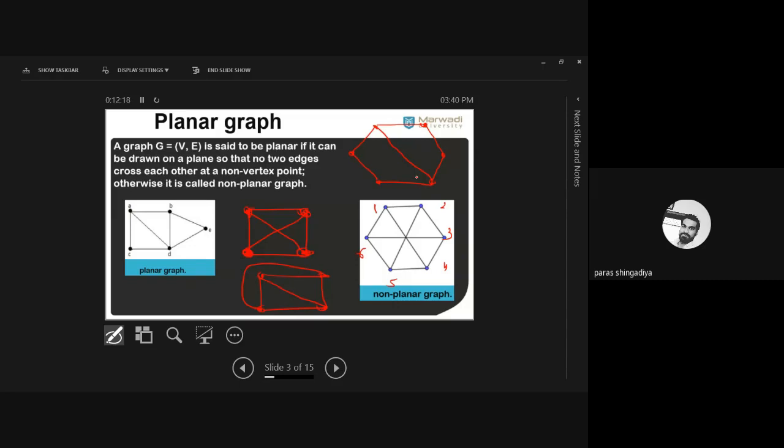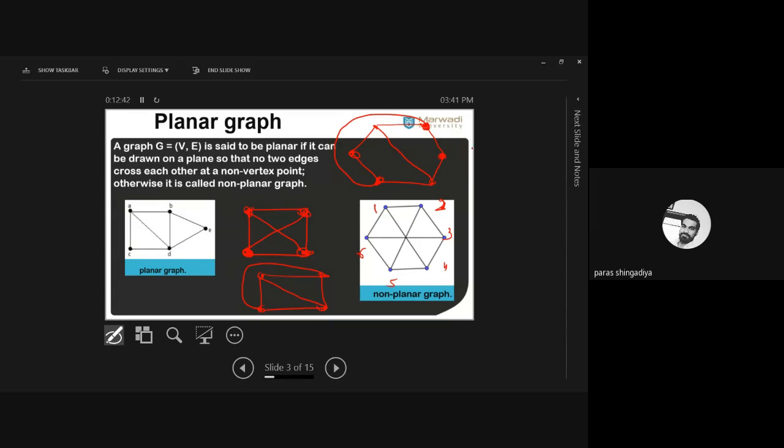ठीक है? Outside boundary only. So connect any of the edge from the outside the boundary. ठीक है? So let's connect 2 and 5 to the outside the boundary. So 2 और 5 को हम outside से connect करते हैं. Let me connect now 2 and 5. And still one connection is remaining in between 3 and 6.